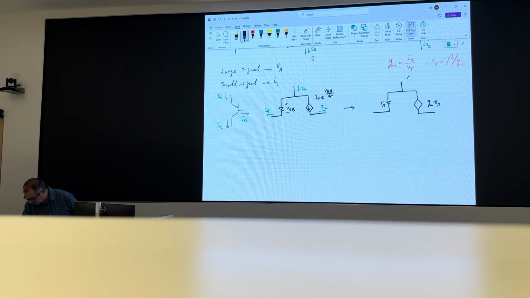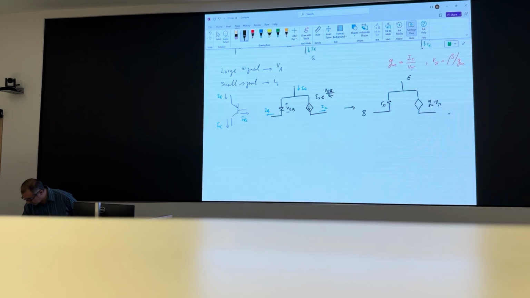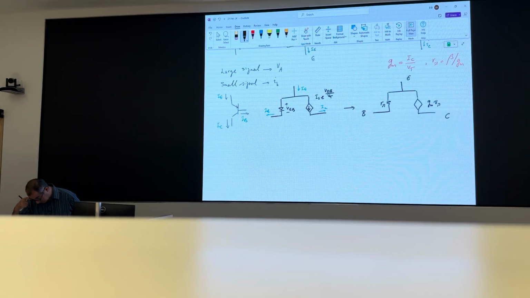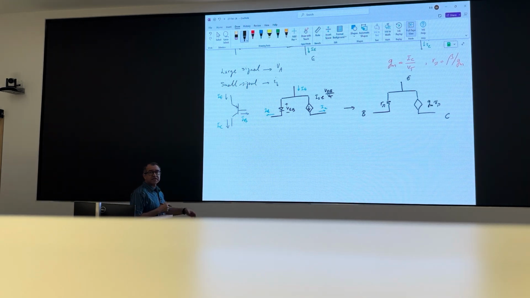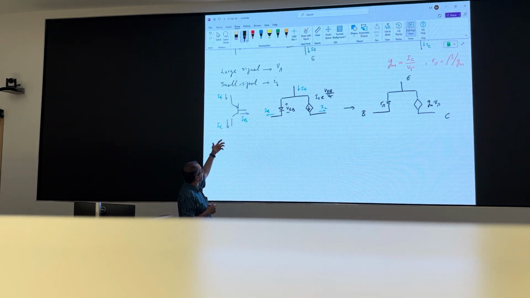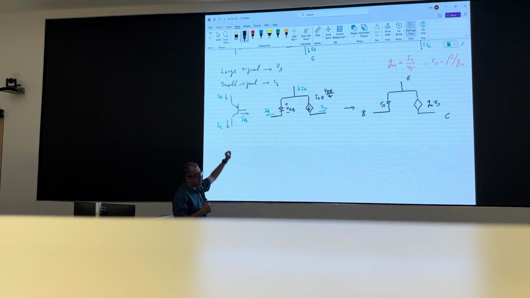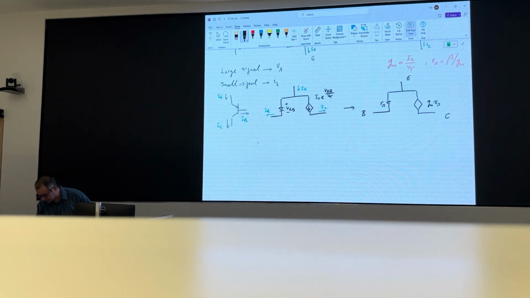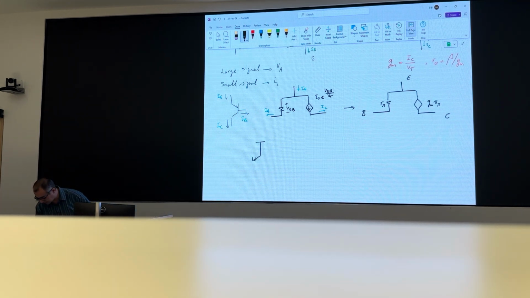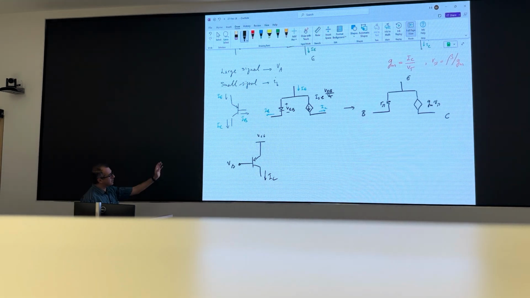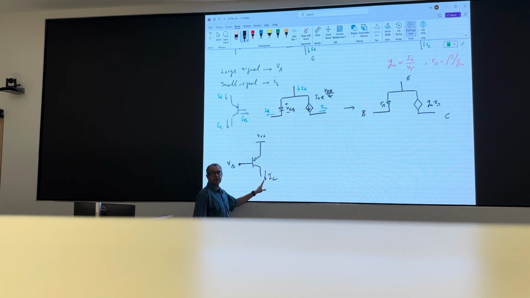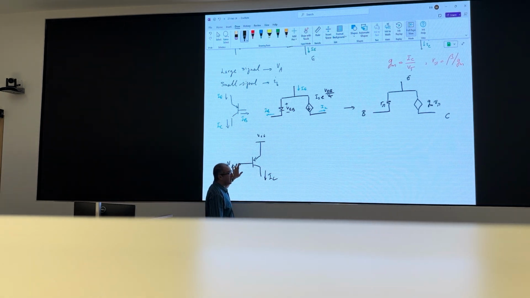So this is my emitter, base, collector, and we want to see what happens, right? So let's take for a moment your BJT as shown here. Let me just draw a simplified version so that it's easier to analyze. I've set some VB here that is establishing some IC in this terminal. If VB goes up,